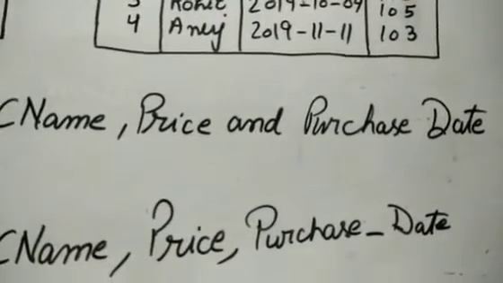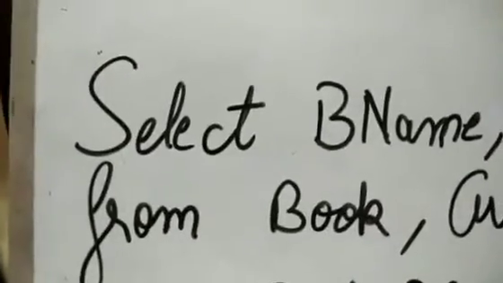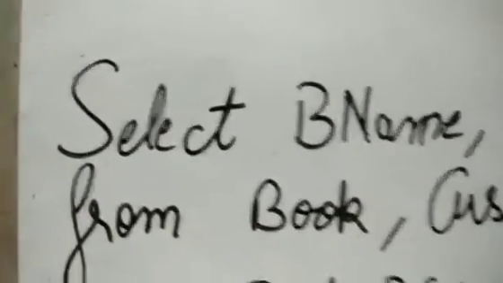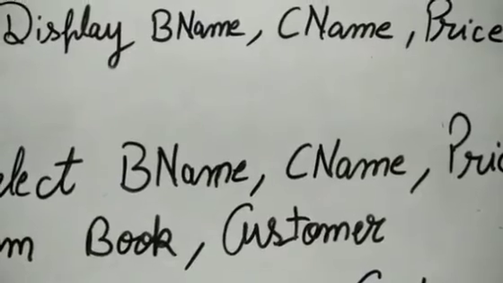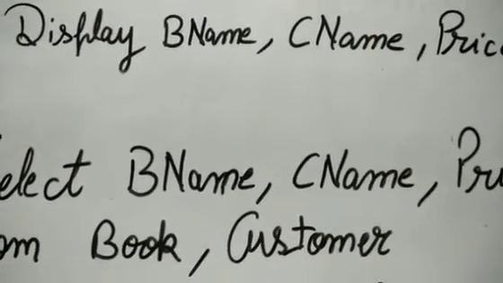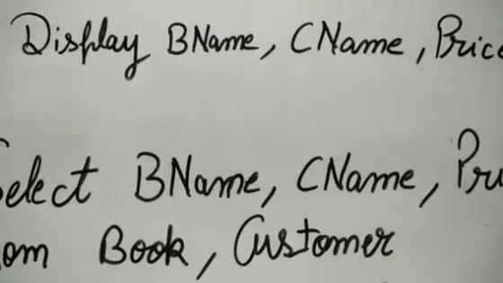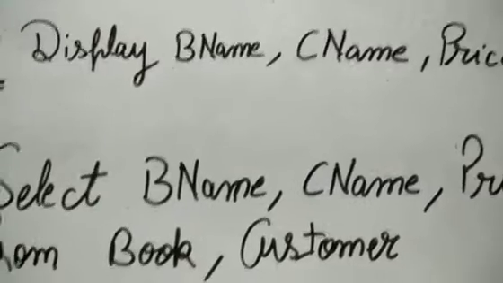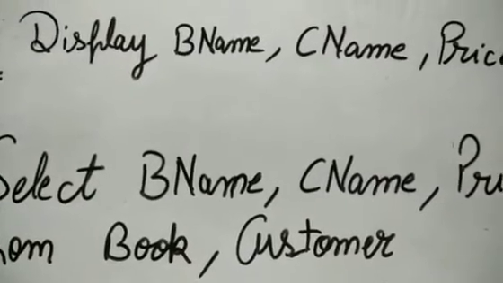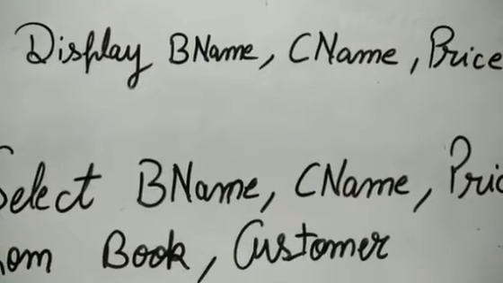Now, as we picked these columns from two different tables, we have to specify these two tables after from. What are the table names? From book, comma, customer. Clear? If I put a semicolon after it, will it generate a join? No, it will generate a Cartesian product. For writing a join, what is important? Common field? Of course, these two tables have the common field book code.